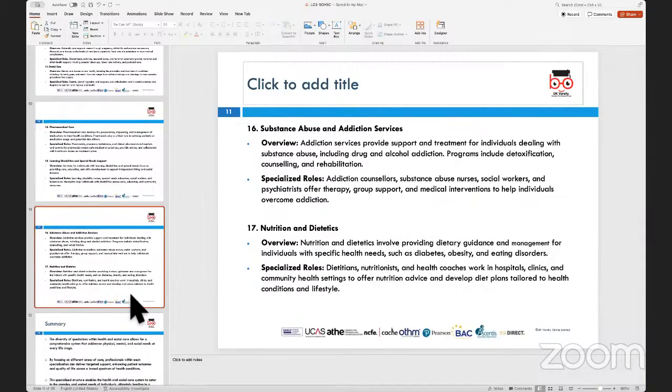We also have one specialism which specifically deals with substance misuse and addiction services. This is again a branch within the National Health Service, wherein you would have specialist professionals like counselors, consultants, nurses, and even clinicians who would offer both psychological and psychiatric support to people who are addicted to certain types of drugs or conditions. And in such cases, they go through a process of detoxification and rehabilitation. And this is handled, as a specialism, by the substance misuse and addiction services team within the health